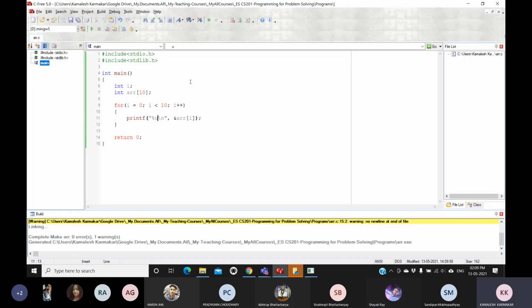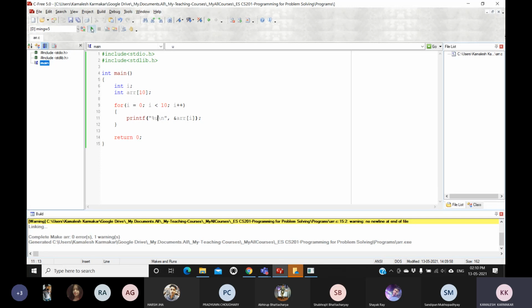Percentile u, yeah, so we have discussed. If we use percentile d, the problem is again the value can be printed as negative, but we know that an address cannot be negative. The reason is if we represent it using percentile d, it's a signed integer.